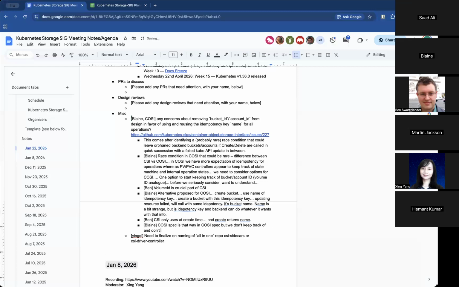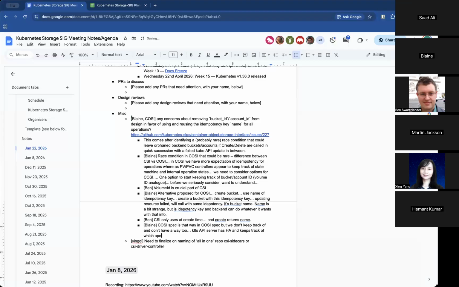Right, the Kubernetes API server has HA essentially, and it keeps track of, I started this operation, didn't get recorded systemically. So that volume ID, or bucket ID in our case, has to be recorded on the Kubernetes object.